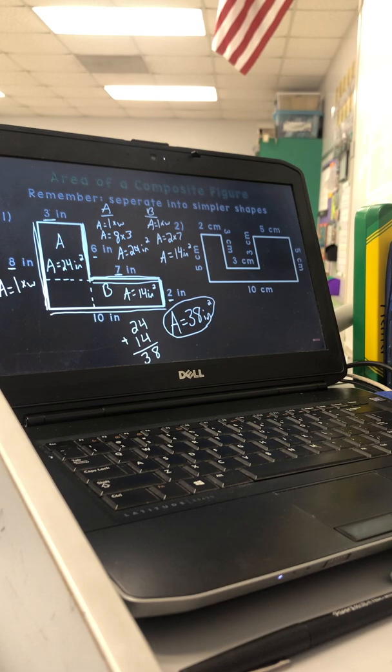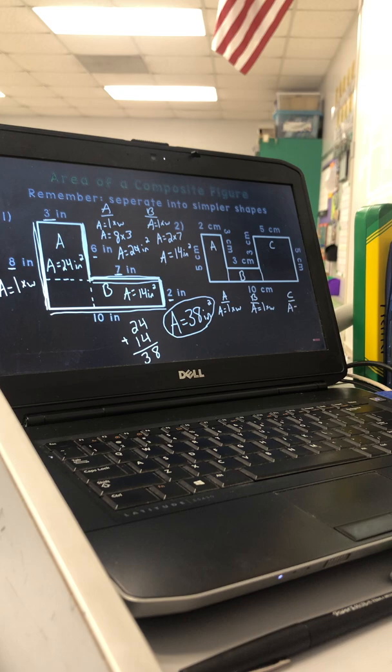Now for this one, I'm going to separate it into 3 simpler shapes. I have 2 rectangles and a square. So I'm going to name them A, B, and C. Let's find the area of these 3. Area equals length times width. I'll put my formula first,